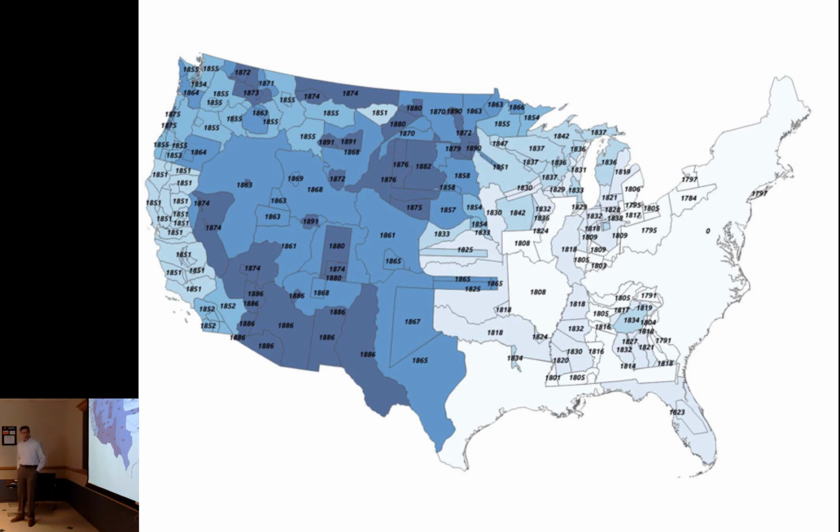Incorporation, kind of a time series. If you go from east to west, you notice something going on here. For the most part, and if I were to use the cursor here so you can see it, you might notice that here in the eastern part of the United States, do you recognize anything there? Original 13. Those are the original 13 states or colonies or whatever you want to call them,